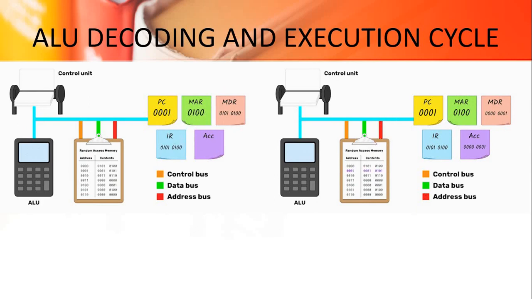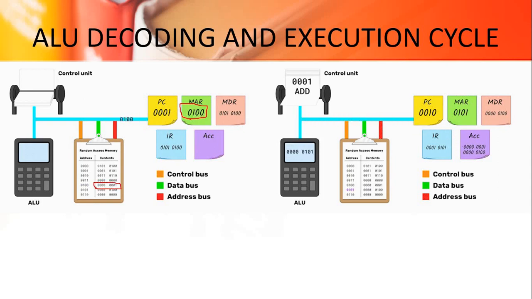See, that 010 is stored in an address register because this is the operand. Only the operation code will be sent to the control unit. This operand will be stored in an address register, and this address register will access that particular address 0100 and take the content via the data bus,